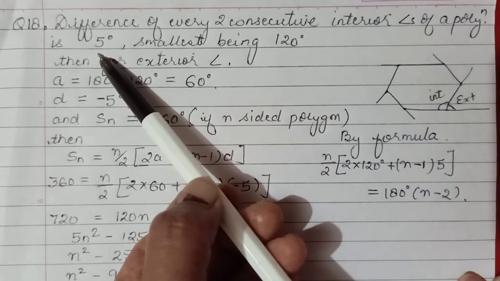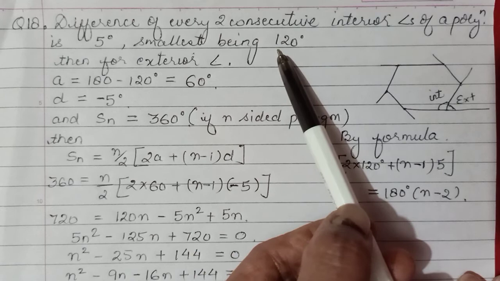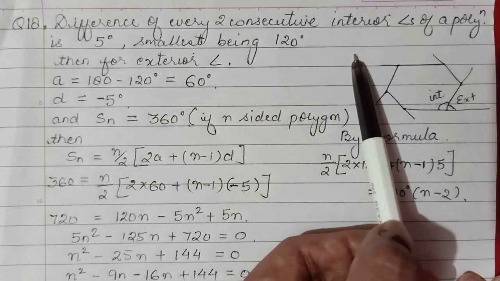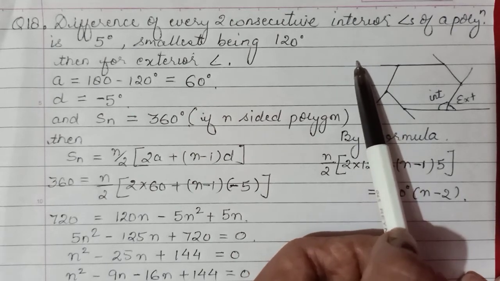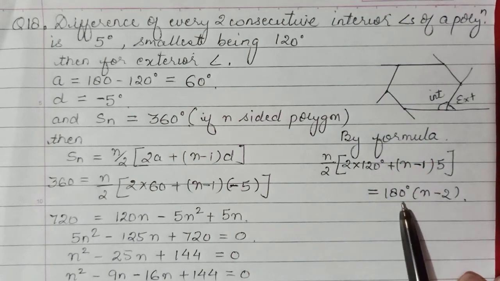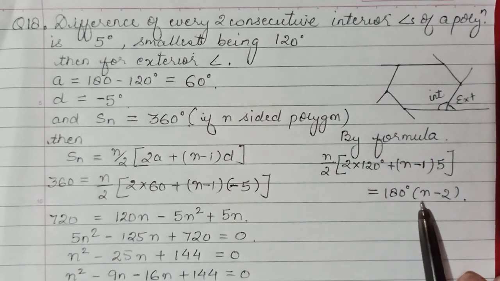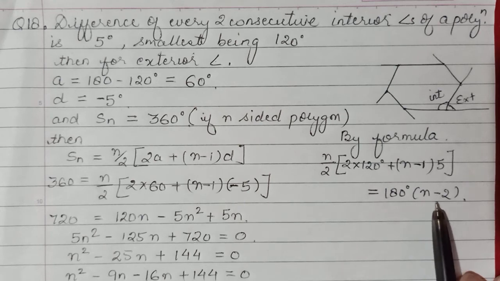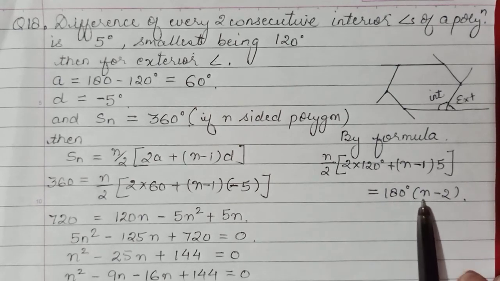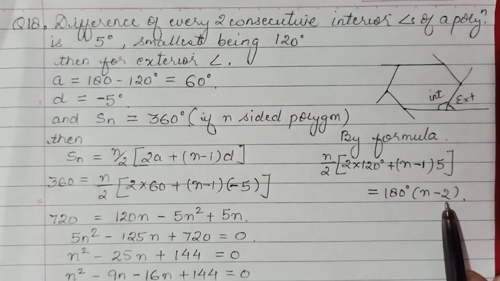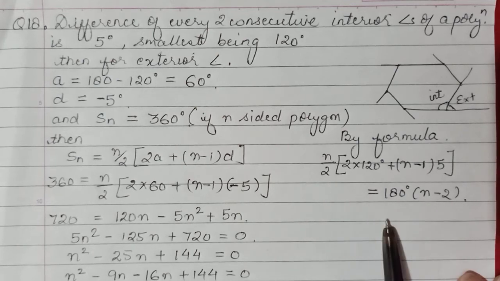तो आपका D का value 5 हो गया, A 120 हो गया, and N is what you have to find, but you should know Sn, sum of those angles. So if you remember, there is this formula 180 into n minus 2. Sum of interior angles of any polygon is given by this formula 180 into number of sides minus 2. So अगर ये फॉर्मूला याद है तो आपका वर्क थोड़ा शॉर्ट हो सकता है.